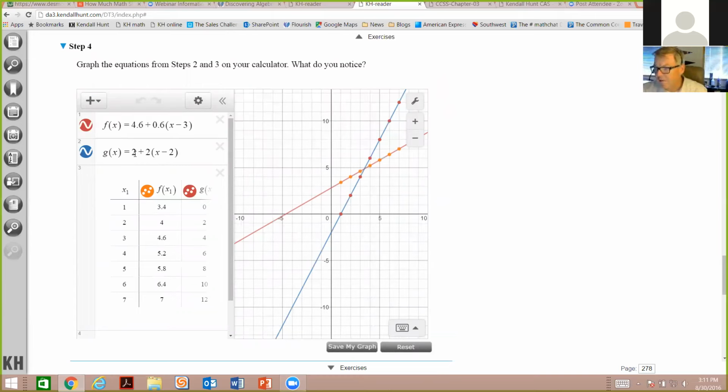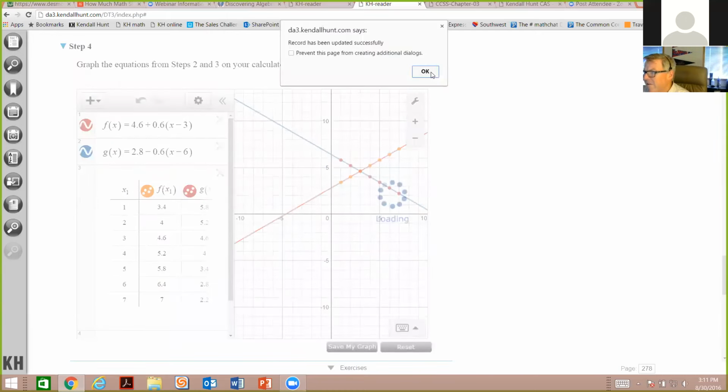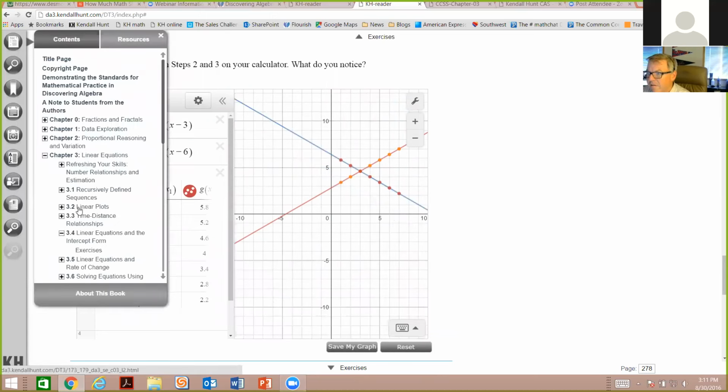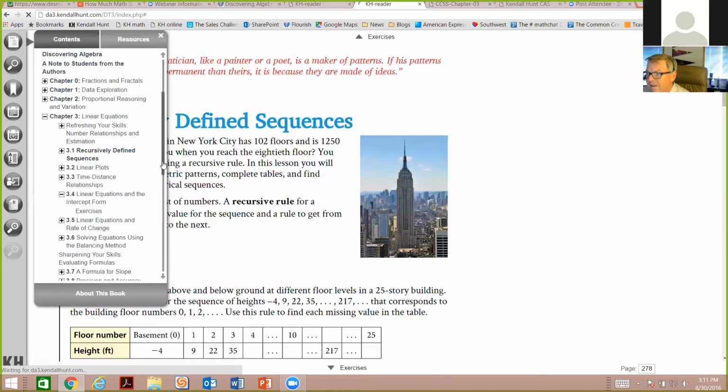And I'm going to do a little Julia Child and just put in the answer. So I know that's 2.8, and I know this is minus 0.6 times the quantity x minus 6. So now I have that, and I'm done. But I know I can click down here, and it says I can save it. If you don't want it to tell you that it's saved it every time, you can indicate that. Well, now I can go and log out, log back in, go to another lesson, and when I come back,